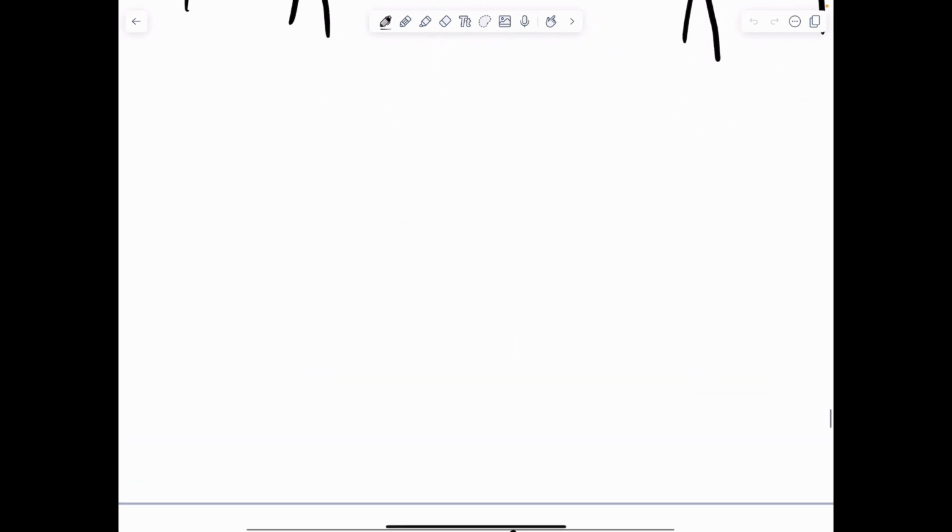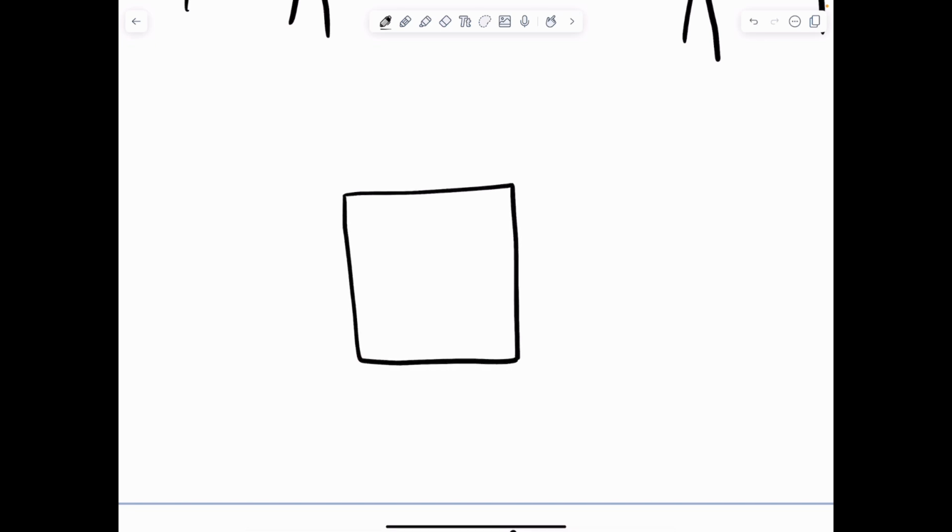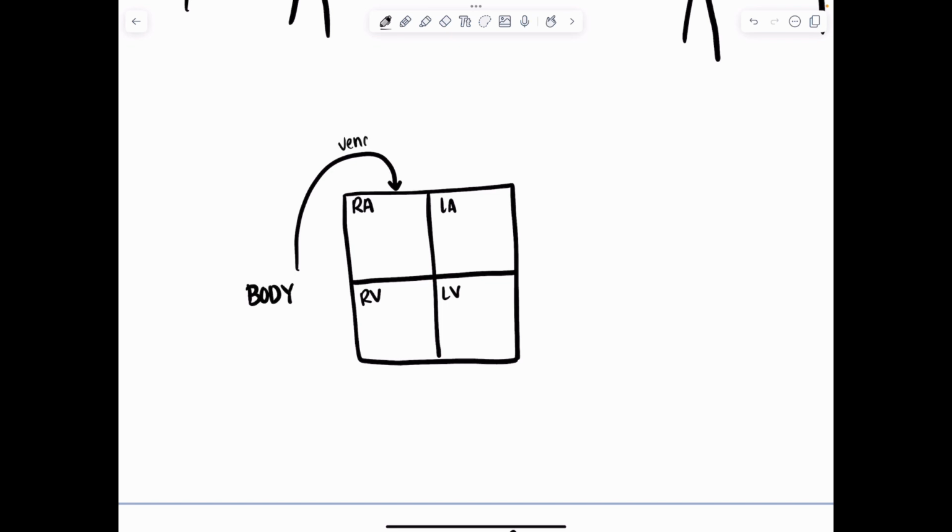So if I have my heart, it is divided into 4 chambers. I have my right atrium, my right ventricle, left atrium, left ventricle. Blood is going to come in from that body via the vena cava into that right atrium, fill that right atrium, and then from there, it's going to go down when